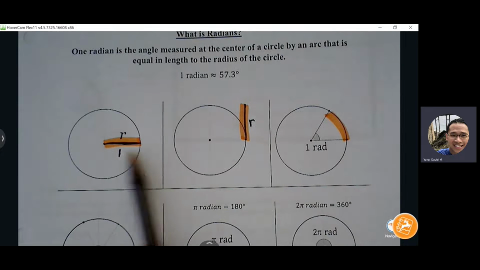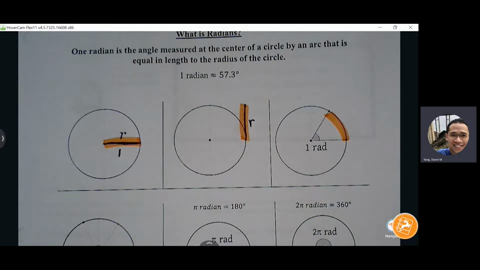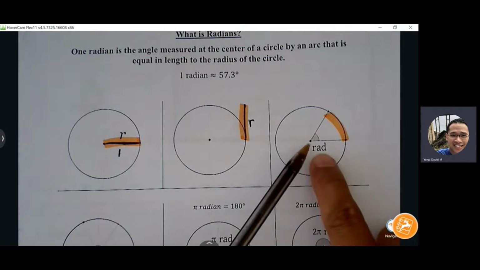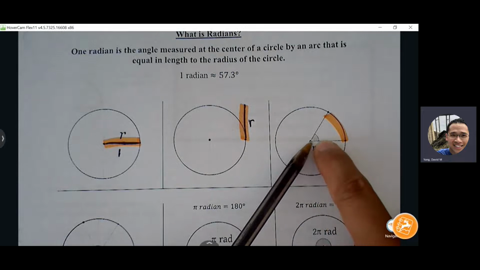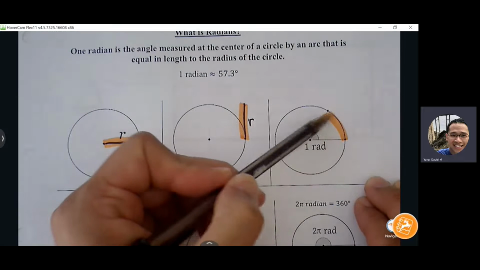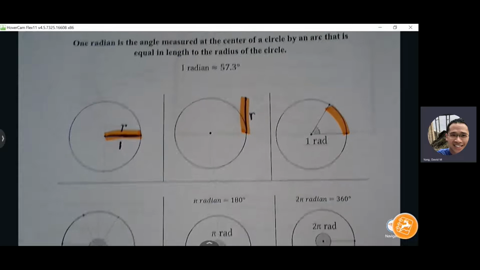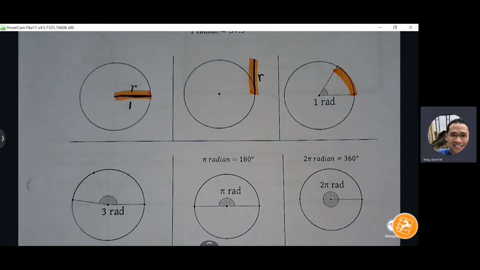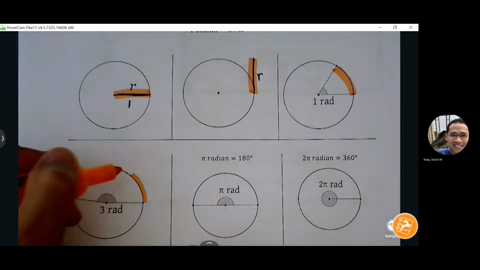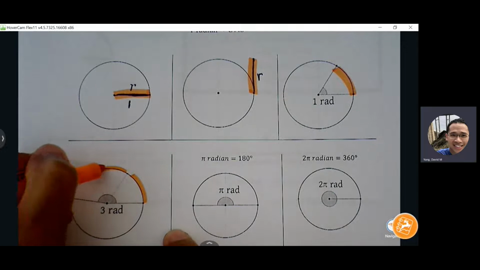It doesn't matter how long the radius is, the angle measure will always be the same. If it's a longer radius, then it'll go along a larger circle, but the angle measure is always going to be 1 radian. So imagine you take that 1 radian and you make your way around the circle. Let's say this is 1 radian, and I'm just putting that same length around the circle, 2 radian,